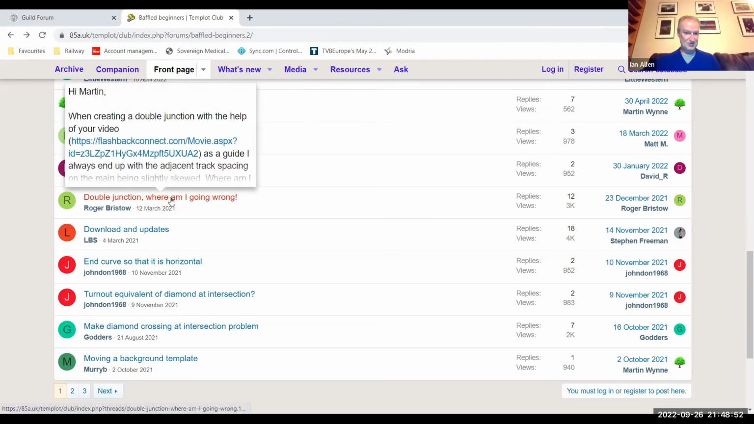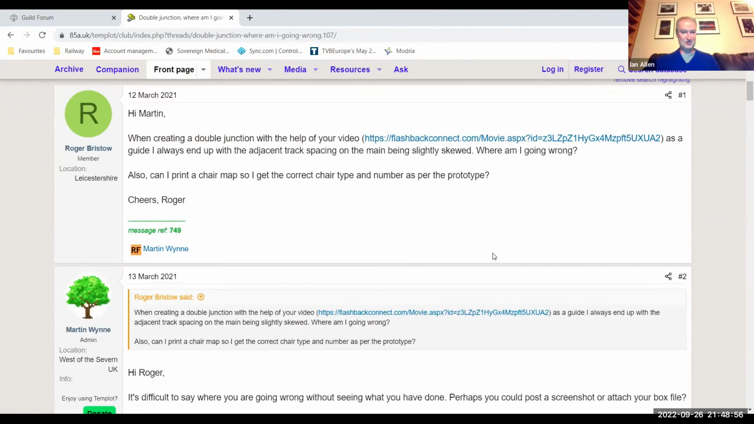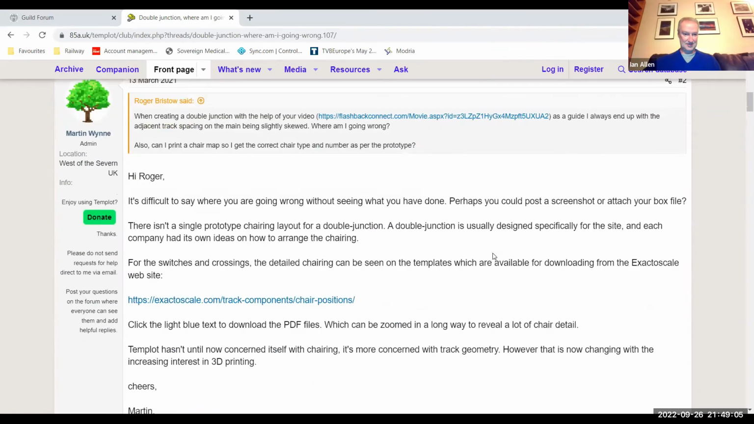Here's another one. Double junction. Where am I going wrong? When creating a double junction with the help of your video as a guide, I always end up with adjacent track spacing on the main line being slightly skewed. Where am I going wrong? And straight away again, so